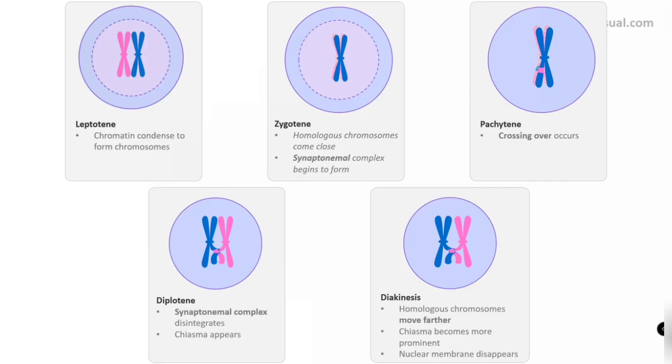And after that, they become so packed with each other that they do something, they cross over their parts, right? And that is pachytene. And then they separate from each other, that is diplotene, they become two, and finally they further move away from each other. I think that is a breakup phase. Well, that is not the breakup phase. The breakup phase is anaphase, when they are separated from each other. Still they are attached, and that is diakinesis. Here's something important to mention, that when they move further away from each other, this cross becomes more prominent. This chiasma becomes more prominent.